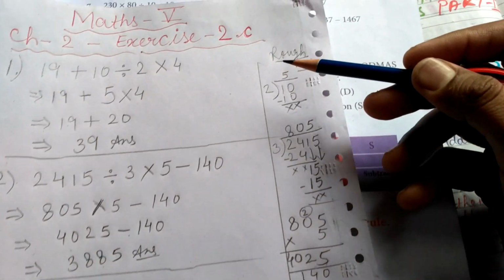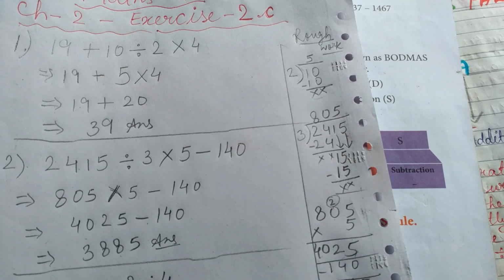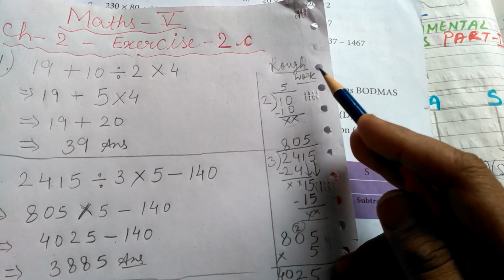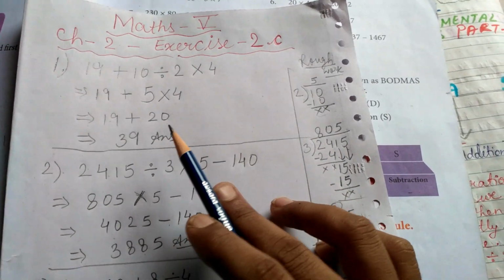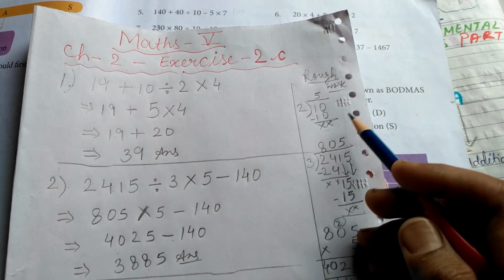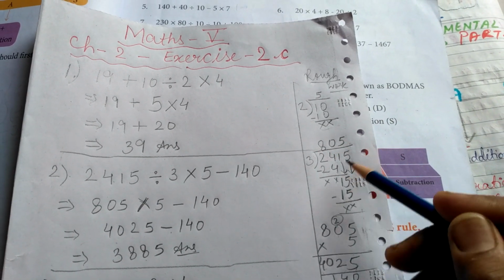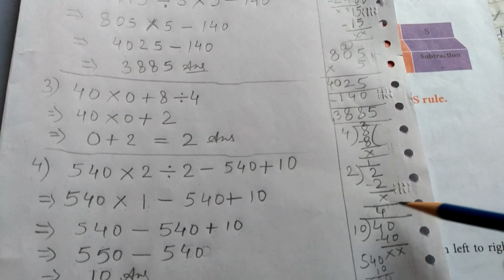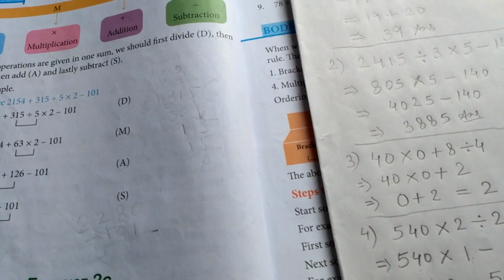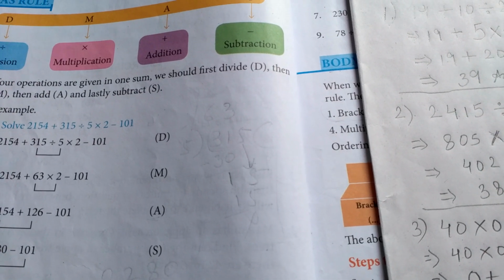And for the rough work, you will draw one line on the side of your notebook. On the right side you draw a little broader line with a scale and write your rough work there, and show each and every rough work neatly and cleanly. If you are doing the rough work for question 1, then it should be with question 1, then you will draw one line, then you will show the rough work of question 2. Likewise for question 3, for question 4. So very neatly and cleanly you have to maintain your maths notebook,